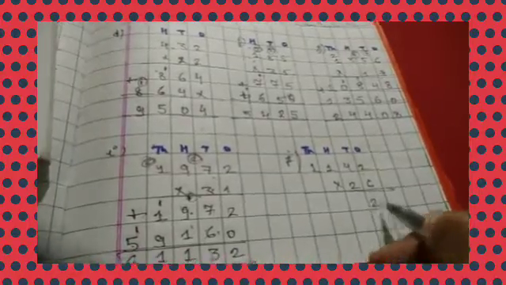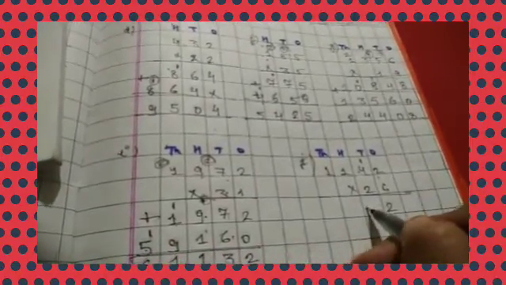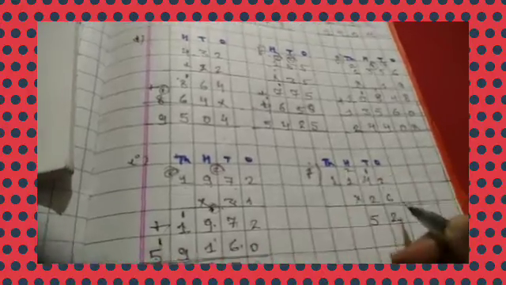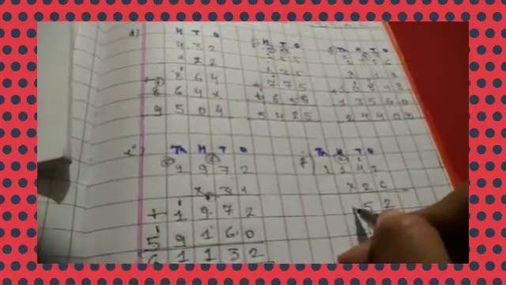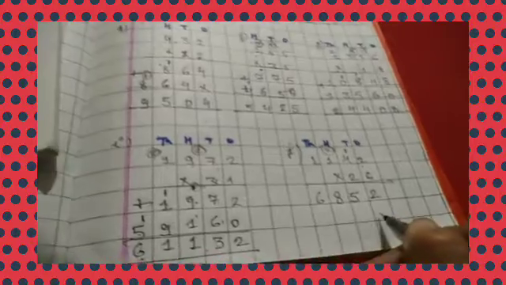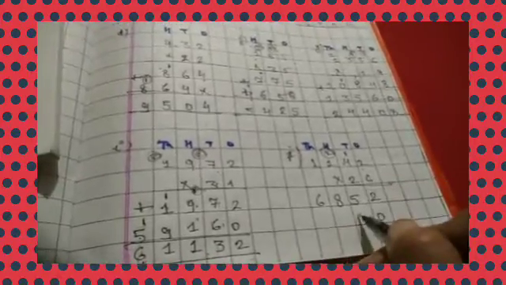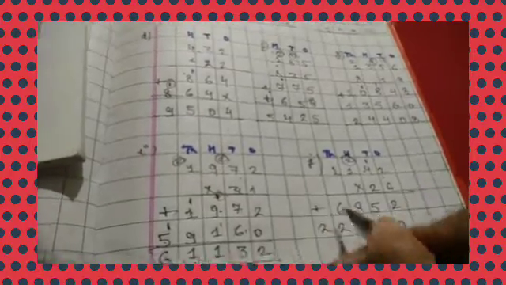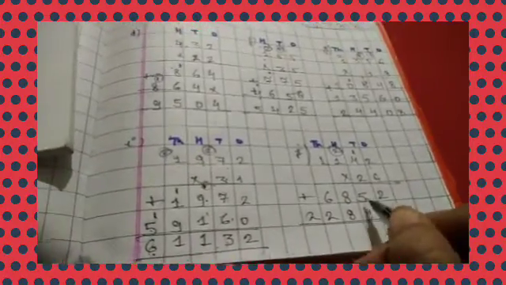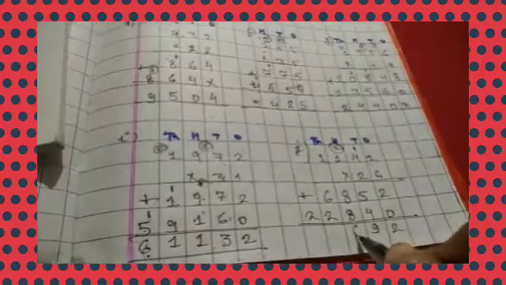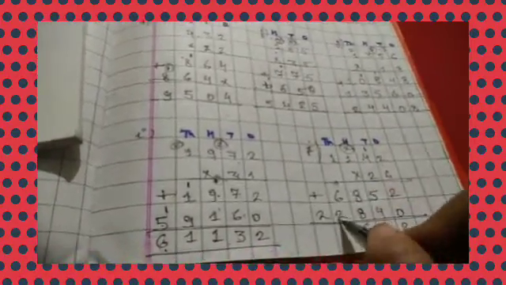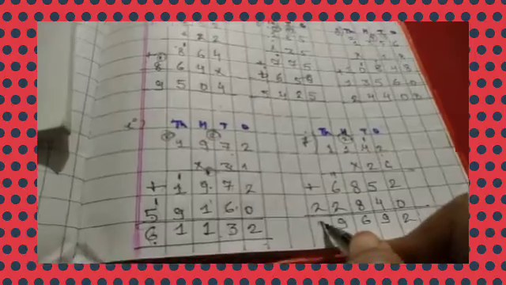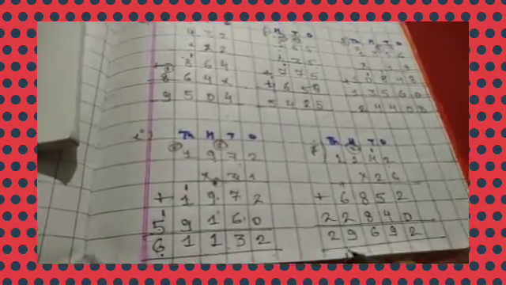Now part J. 6 2s are 12, 2 carry 1, 6 4s are 24 and 1 25, 5 carry 2, 6 1s are 6, 7 and 8, 6 1s are 6. Now put a cross or 0, 2 2s are 4, 2 4s are 8, 2 1s are 2, 2 1s are 2. Now add this up. 2, 5 and 4 is 9, 8 and 8 is 16, 6 carry 1, 6 and 1 7 and 2, 9 and 2. So we have answered 29,692. This is our answer, children.